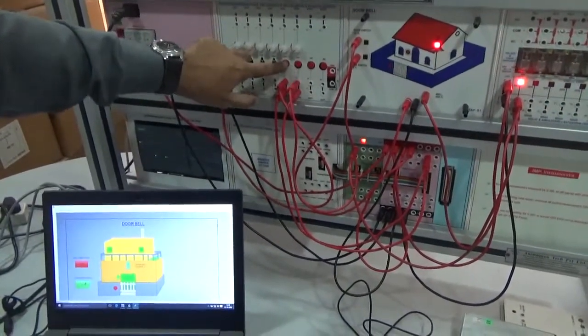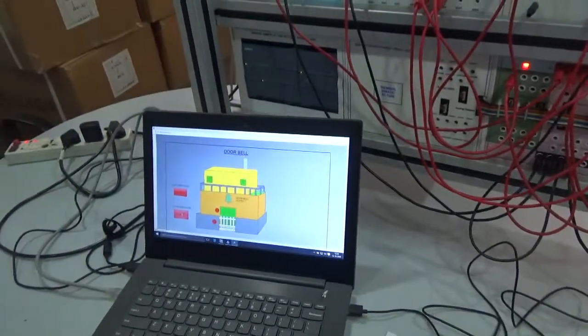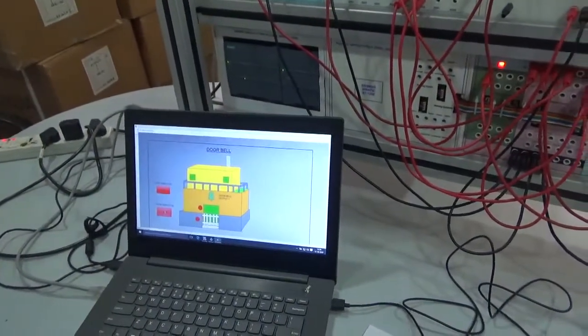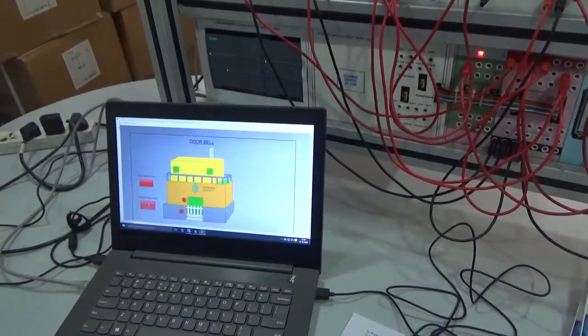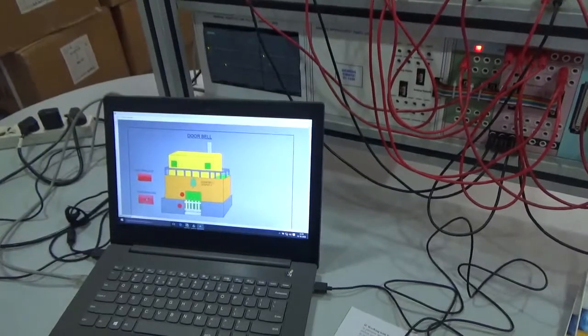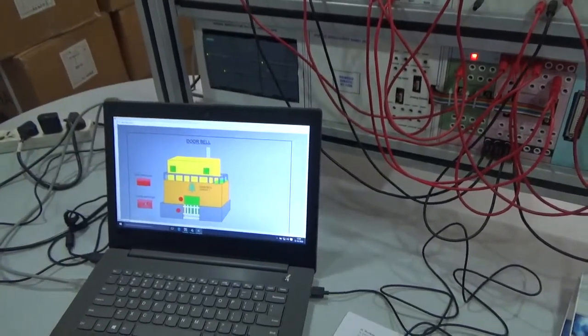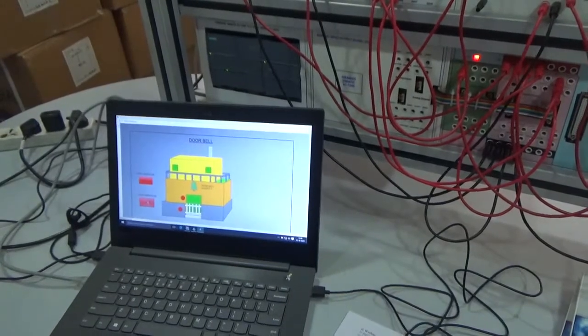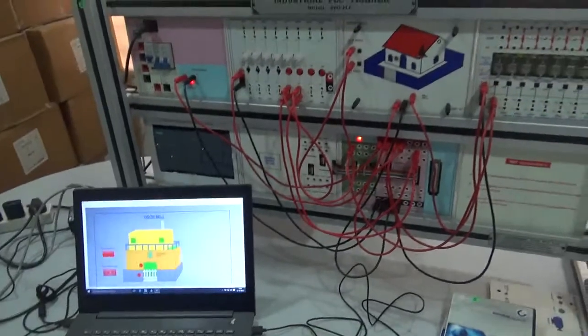It means by using SCADA you can operate both ways: from PC you can control the actual application hardware, or you can operate the switch of the actual hardware and monitor the result on your PC screen. This is a complete setup for SCADA operation.